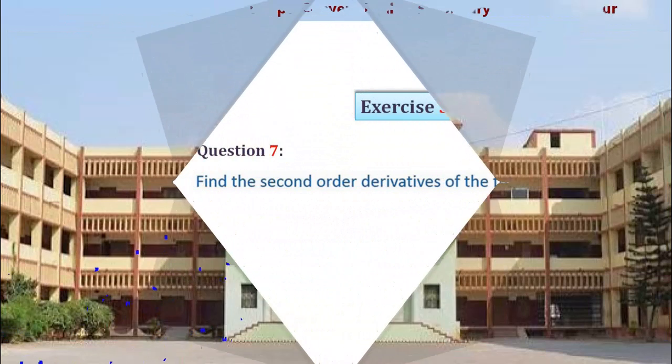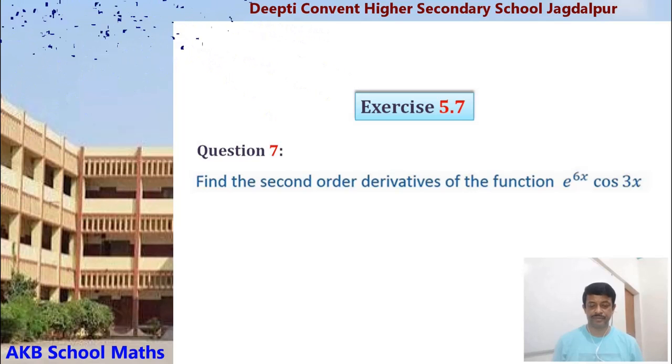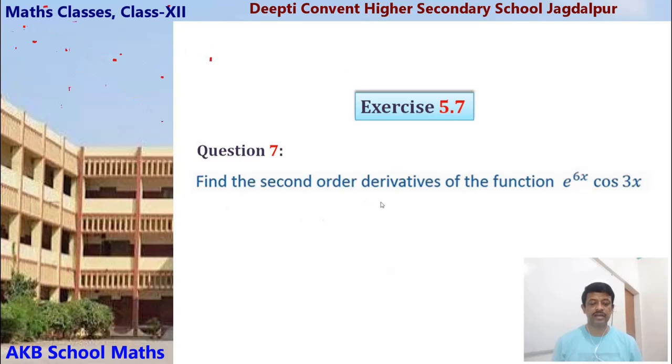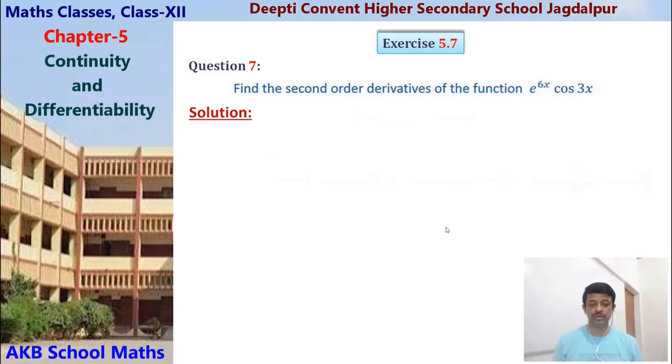Question 7 of exercise 5.7. Find the second order derivative of the function e to the power 6x cos 3x. Well, let us solve it. Solution. Let y equals to e to the power 6x cos 3x. Then differentiate with respect to x. Second order derivative now. Two times we have to differentiate it. Here